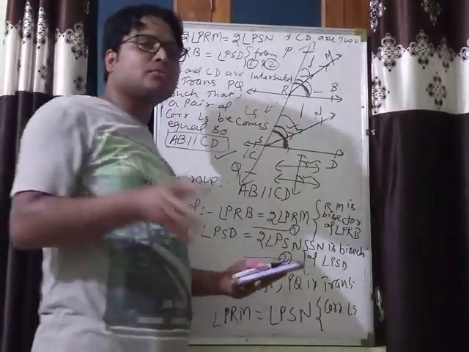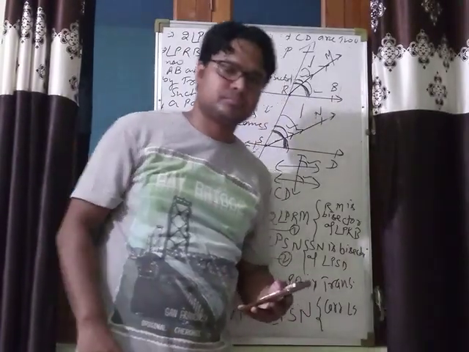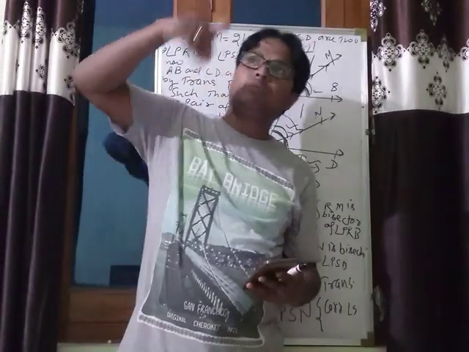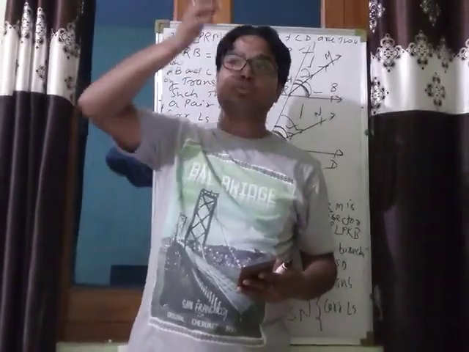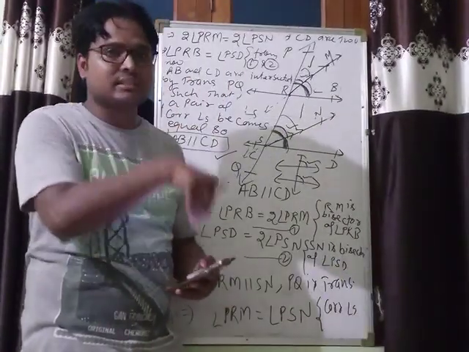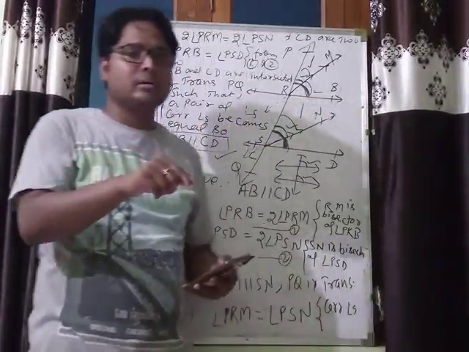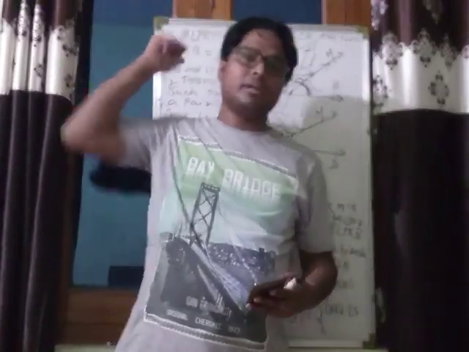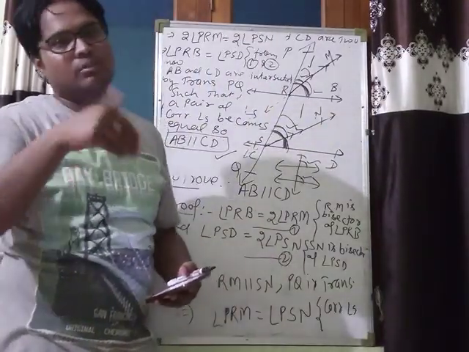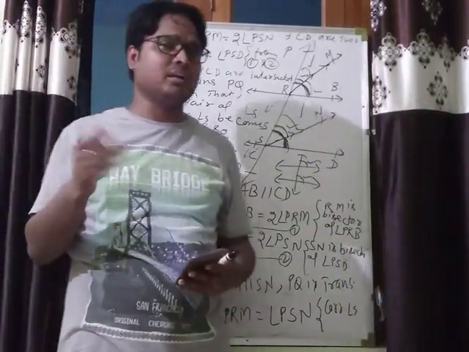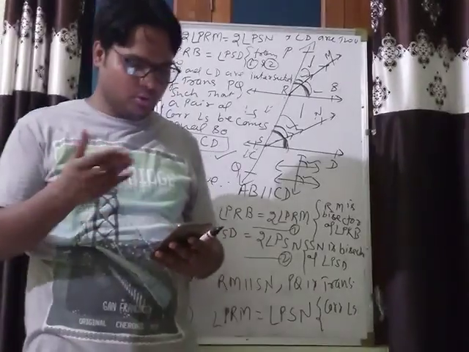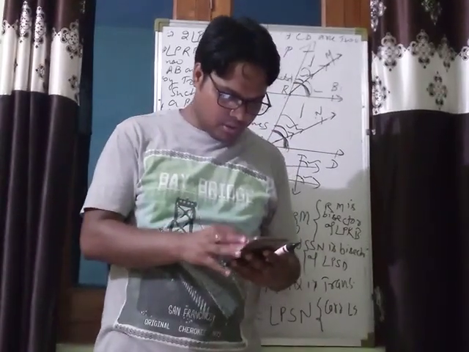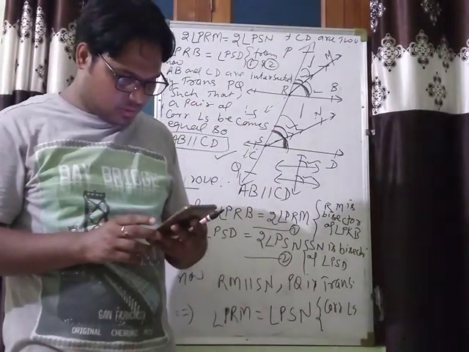Okay, in the same way your next question will be done, like we have proved this. Here, the bisectors of corresponding angles were given parallel. In the next question number 9, the bisectors of a pair of alternate angles are parallel, it is given. So in the same way, in that case you have to prove that a pair of alternate angles becomes equal. Just as here we showed a pair of corresponding angles equal, there the alternate angles will become equal and the lines will become parallel. So that is homework for you. I had already given you the homework. If you have any doubt, then ask through the group. Now question number 10.